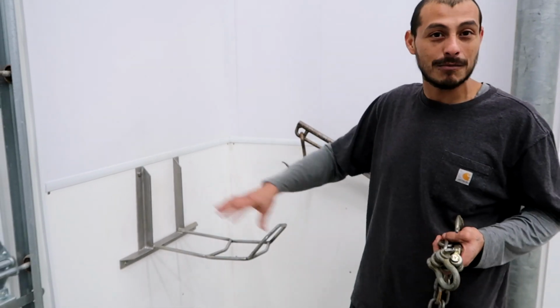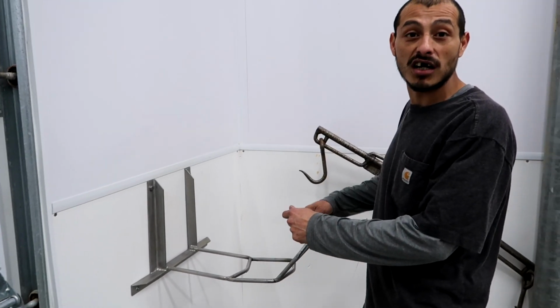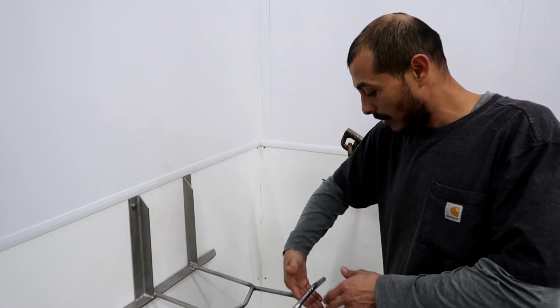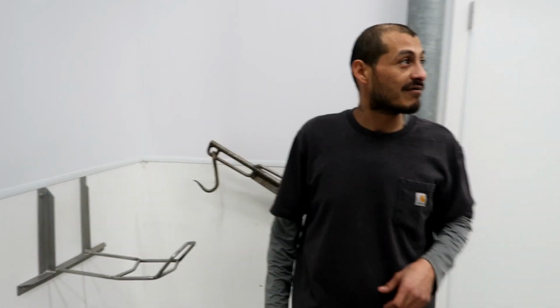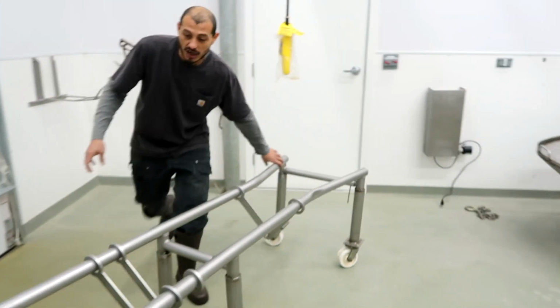We take out the cheek meat and everything. Also, we take out the cow's tongue so the inspector can inspect it. The animal's head is right here, and it's usually laid down right here. The teeth and the mouth will go right here, and then the tongue will be taken out and inspected. Then we'll raise up the animal and set it on our cradle